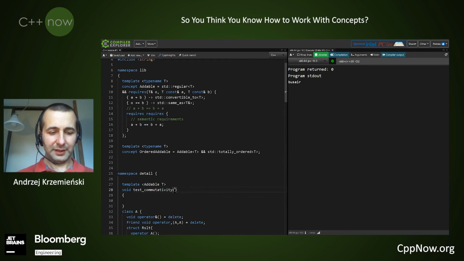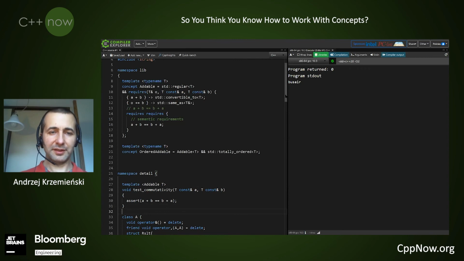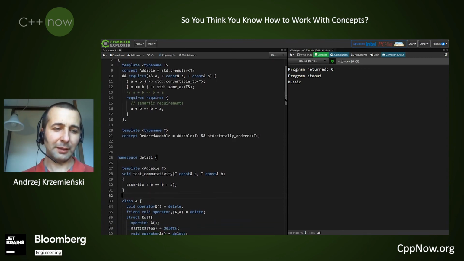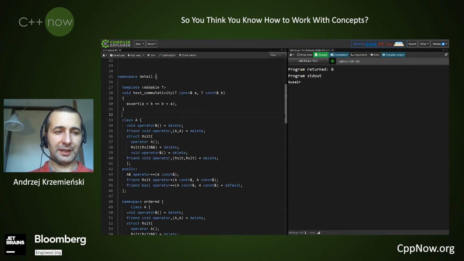And there would be A and B, and then I will assert that A plus B equals B plus A. So it will be a no-op in the builds that disable assertions, and it will check and abort if we are enabling assertions.